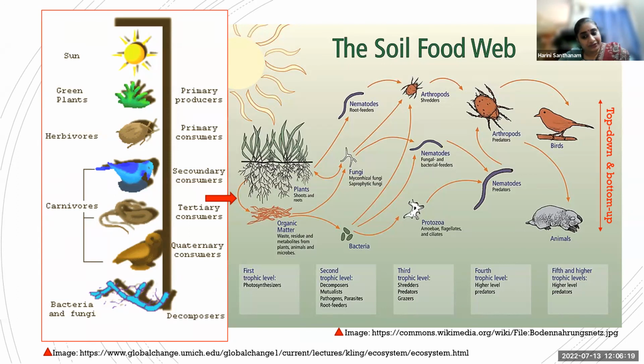The fourth trophic level players can be higher level predators. Here you can see birds, arthropods, these are all higher level predators. And finally, which feed on the rest of the trophic levels or specific to one trophic level below them. So here actually the number of players are magnified. If you see, starting from plants up to animals and birds, there is a magnification of biological communities which interact